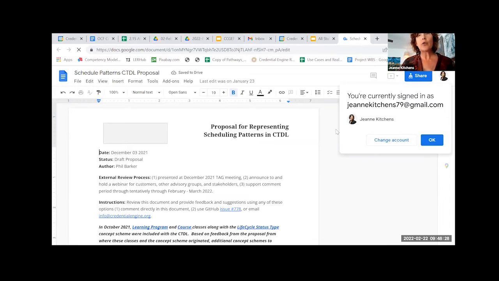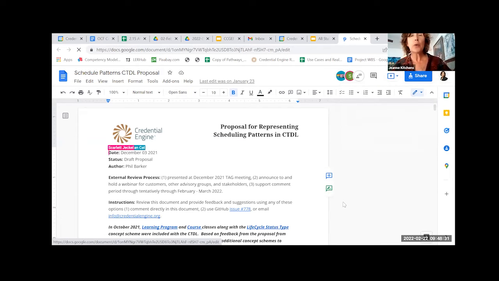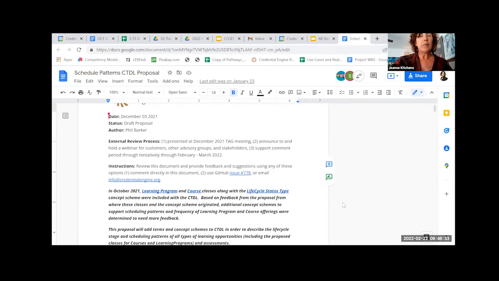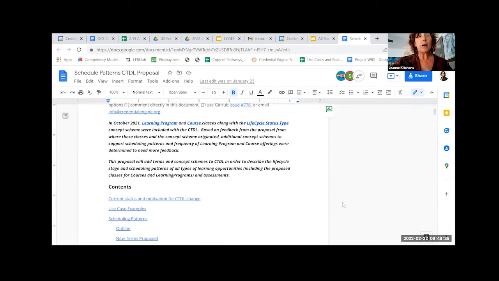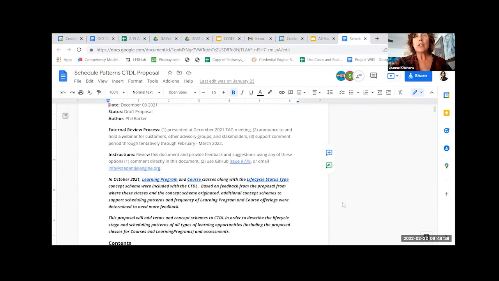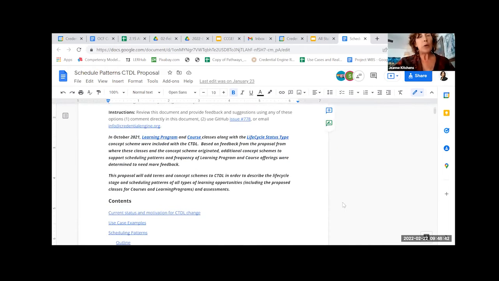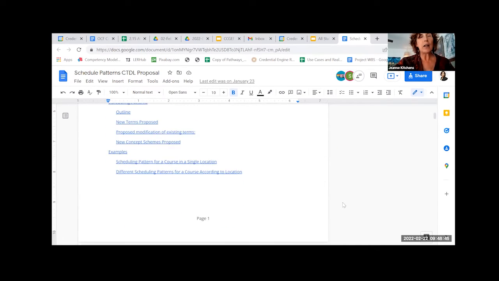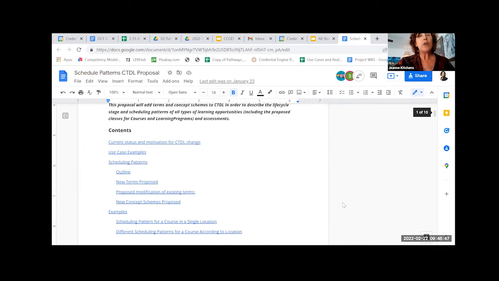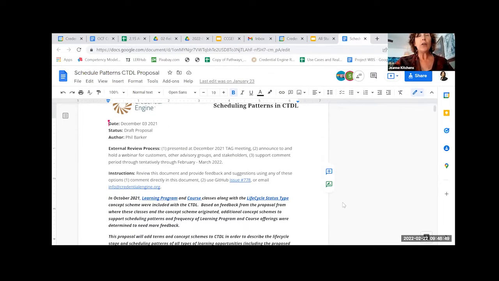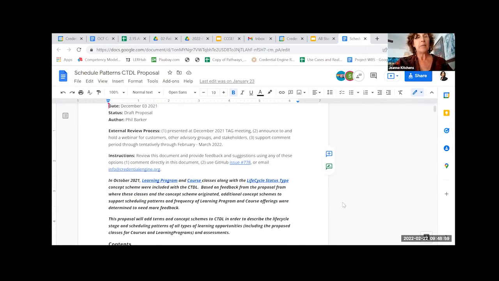Phil, I'm just going to quickly click on this Google document. Scarlett also put it in the chat. And it really does provide a readable explanation in more detail, basically backing up everything Phil just said. So we certainly encourage you to take a look at it, read through it, and use any of the ways to either respond and let us know this is perfect, or hey, what about this? Provide some feedback.